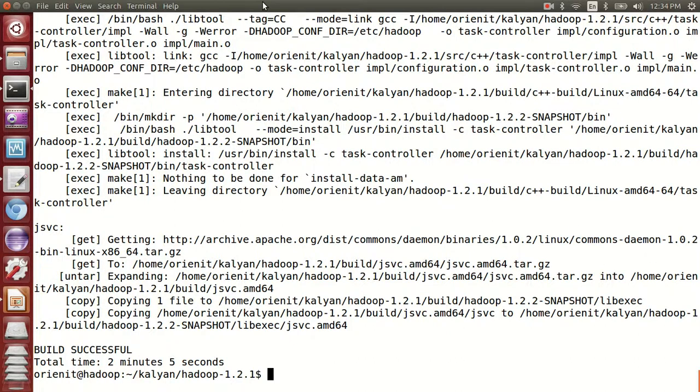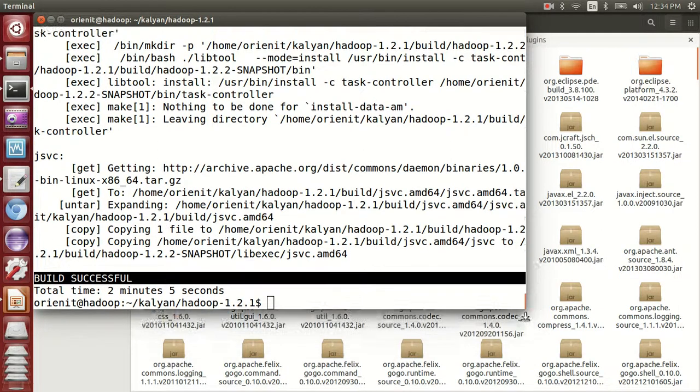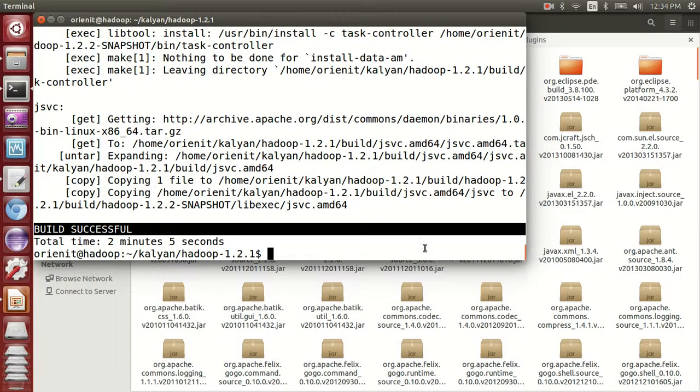You can see the message also. Build is successful. It took me almost 2 minutes 5 seconds. So once this build is successful, here is what you can verify.